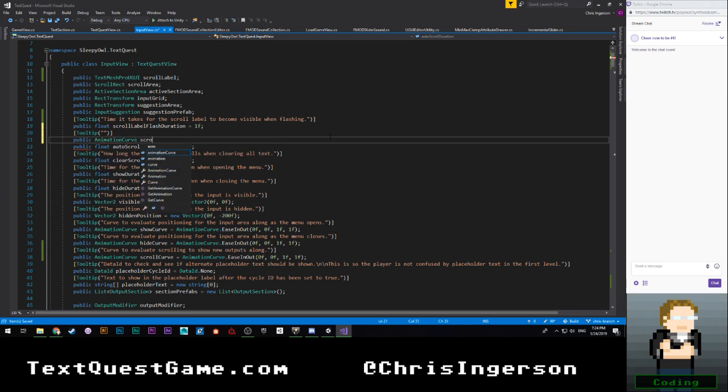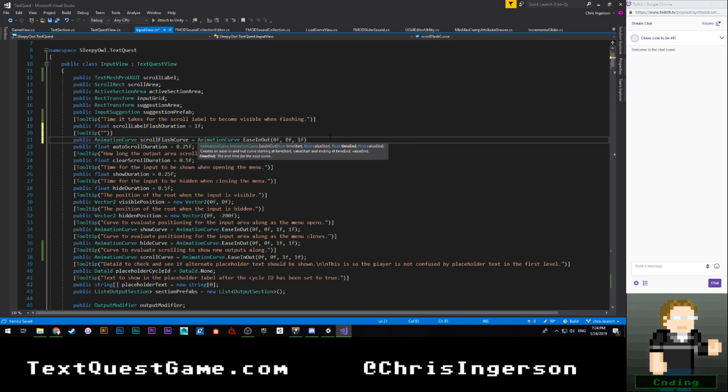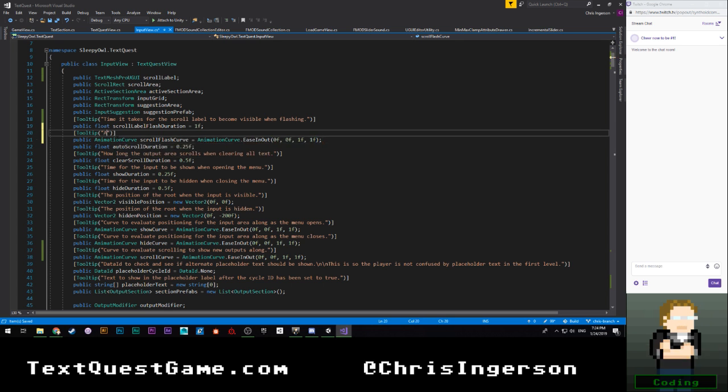We'll call this scroll flash curve is equal to animation curve dot ease in out 0f 0f 1f. Don't think I'm gonna have to change that. So this is gonna be curve to evaluate scroll label alpha